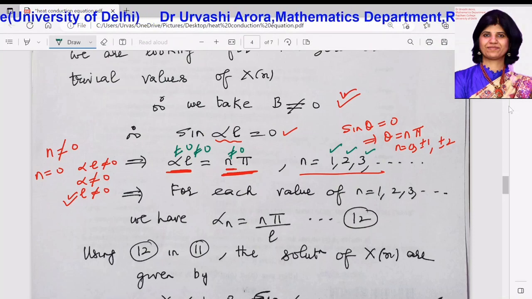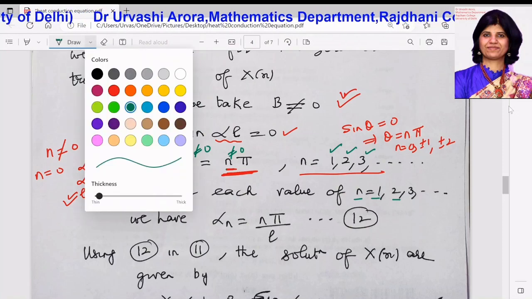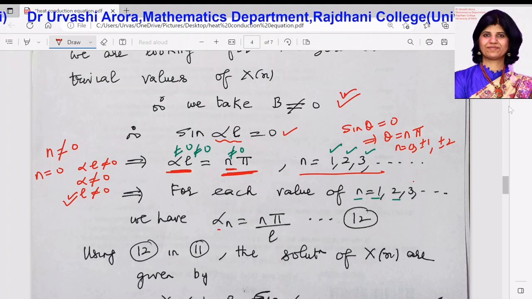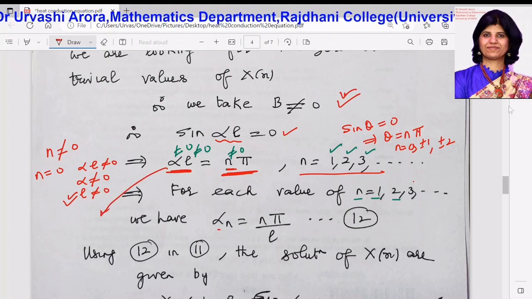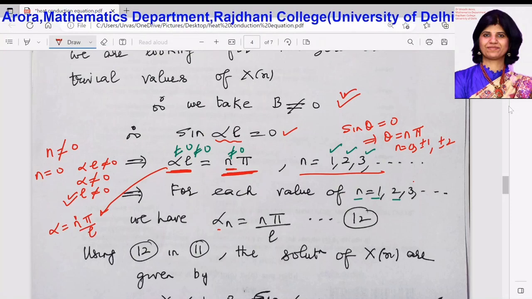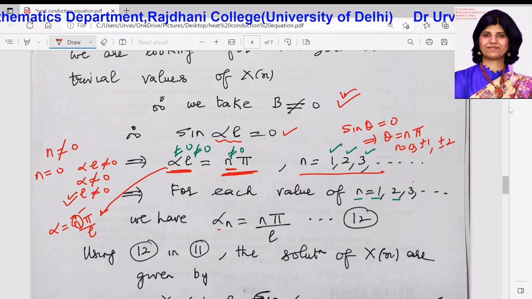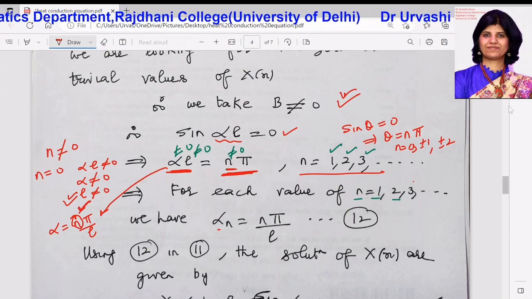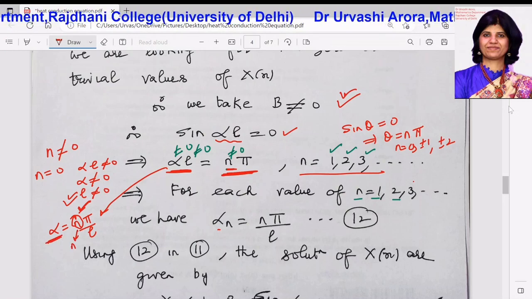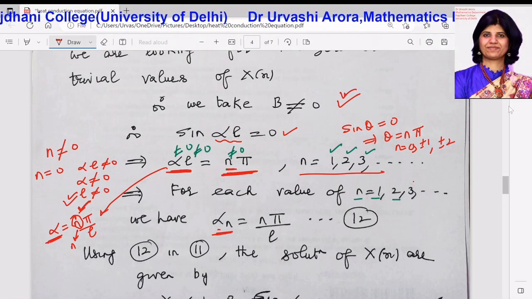Now, for whatever value of n that you take, you get a corresponding value of alpha. So, that is why there is not one value of alpha here. Actually, alpha comes out to be n pi by L, but the values of n keep changing. You are taking n as 1, n as 2, n as 3 and so on. So, corresponding to each value of n, you get a value of alpha. There is not one value of alpha, there are infinite values of alpha that you obtain,